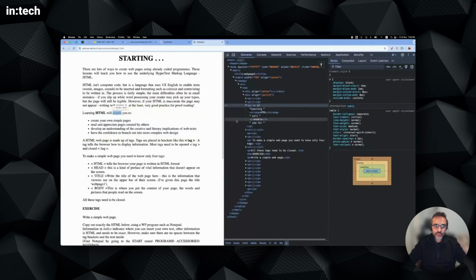Now, if I want to copy this in my source code, if I really like this paragraph to look like this, not just a simple text inside, but with a strong tag and with an I tag, I cannot really select and copy it. As you can see, it's only possible to select and highlight. So if you want to keep this new section, what you want to do is, first of all,